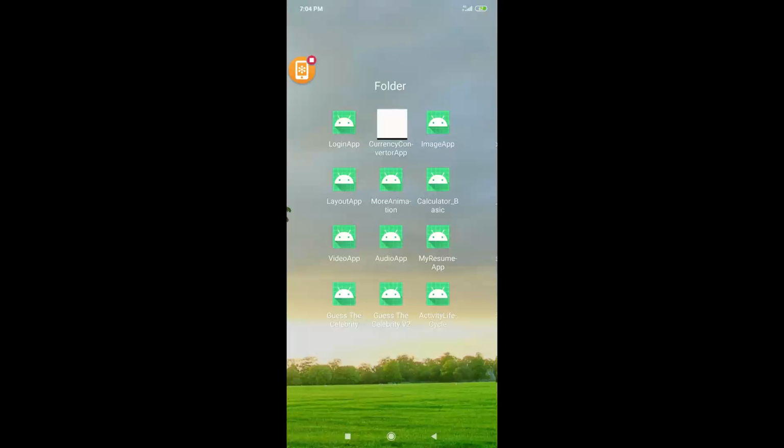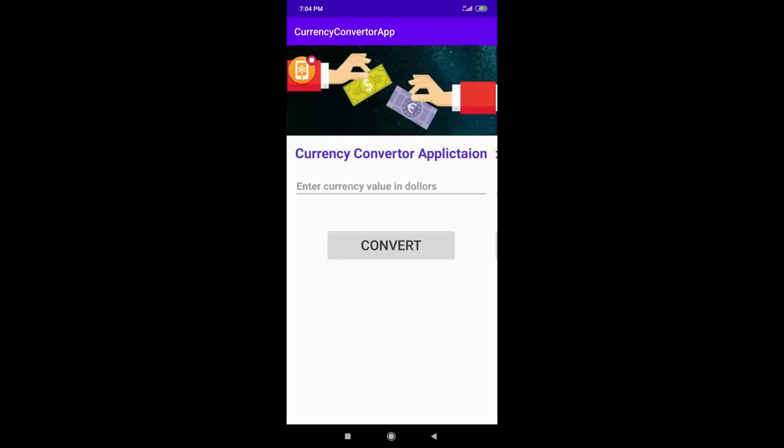Now I'll show you a very simple app, which is called Currency Converter app. As you can see, on top, you can see an image view. Below that, we have a text view where I have kept a message like Currency Converter application.